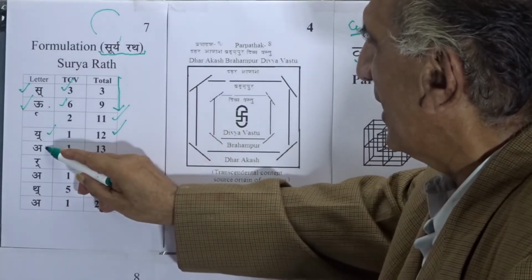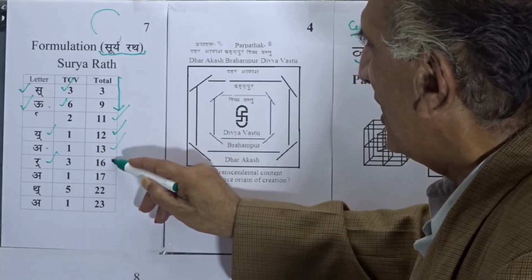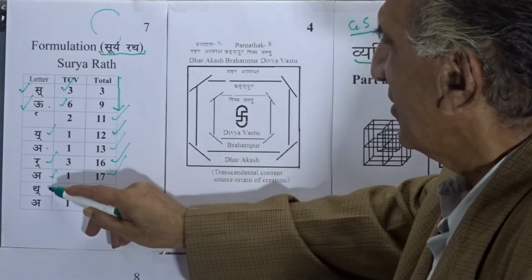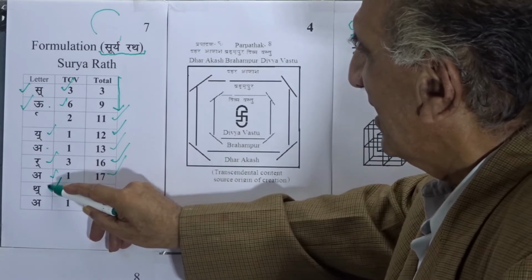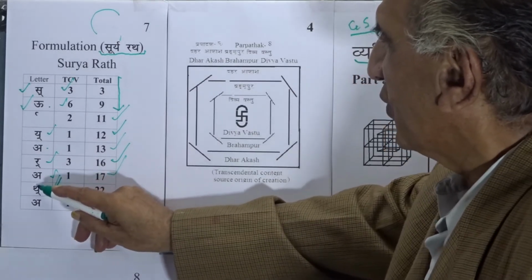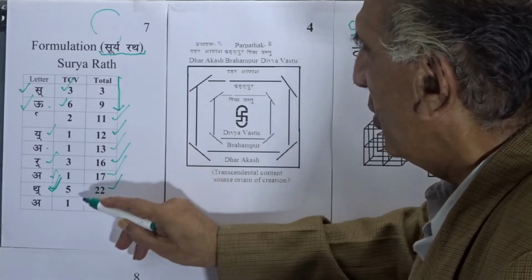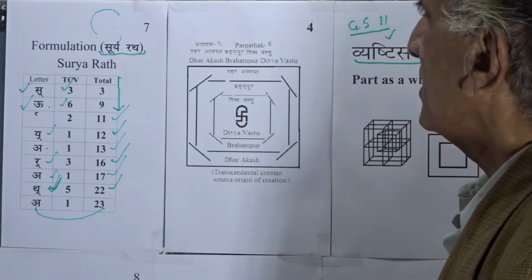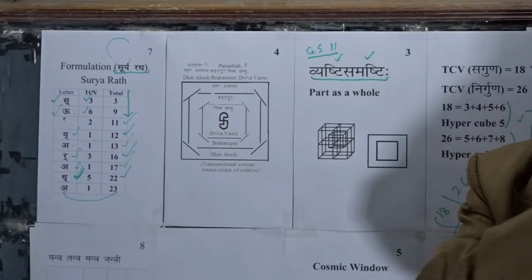Then the first vowel, value 13. Then Ref, 3 more, making 16. Then the first vowel, 17. Then the Varga letter of the fourth row, of value 5, makes 22, and at the end we reach the value 23. So Surya Rath, the chariot of the sun,